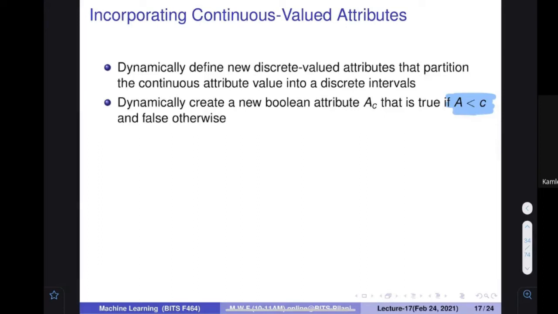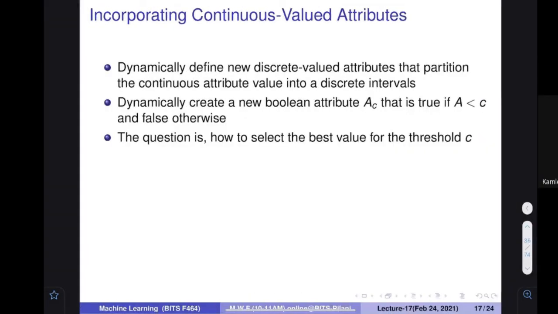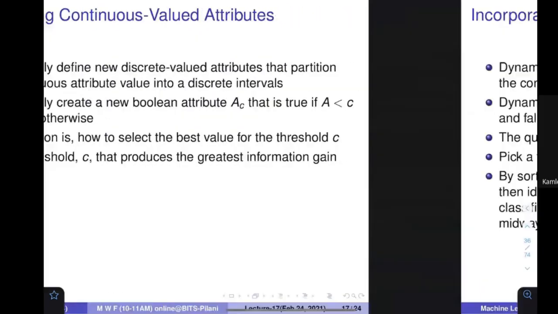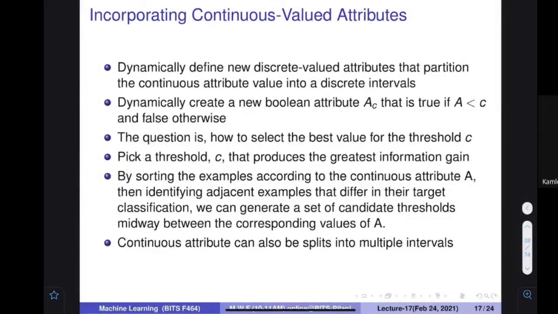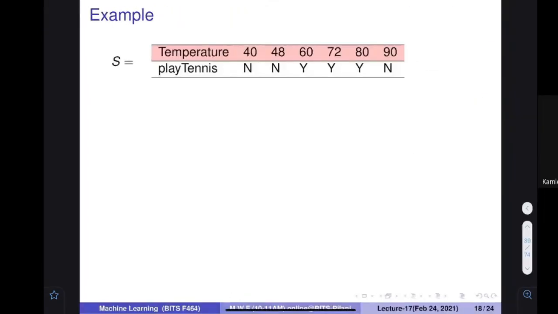One direct method that can come to mind is to use a threshold. If the value is less than the threshold, I say low, otherwise I say that value is high. Let us understand this using an example. Let's assume there is an attribute called temperature and a target attribute, play tennis. So only two attributes are there: the target attribute, and the attribute given to me. Temperature could be anything.